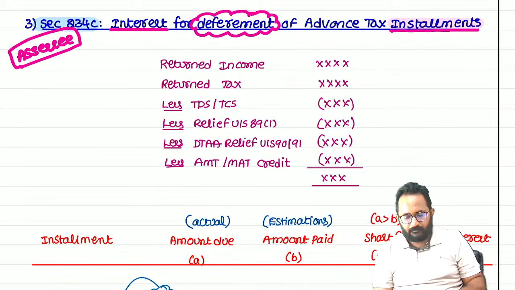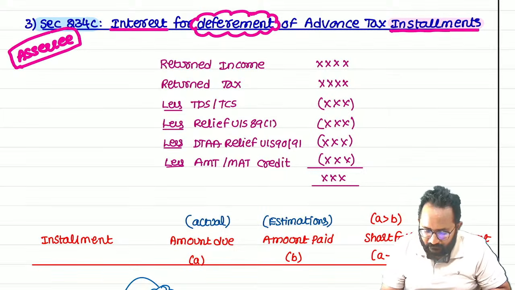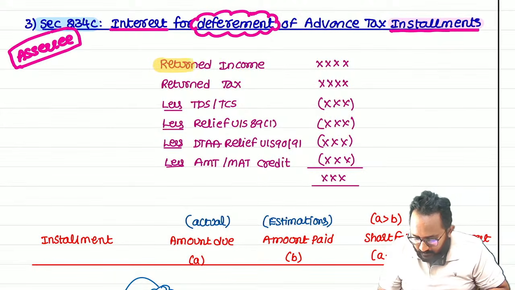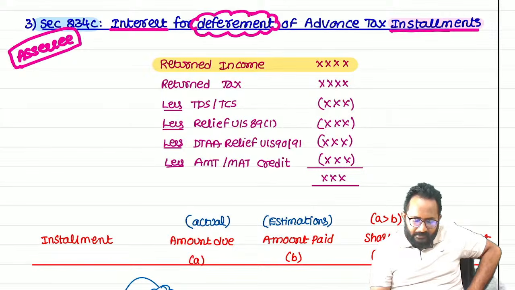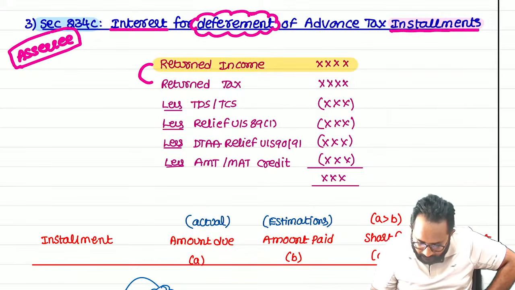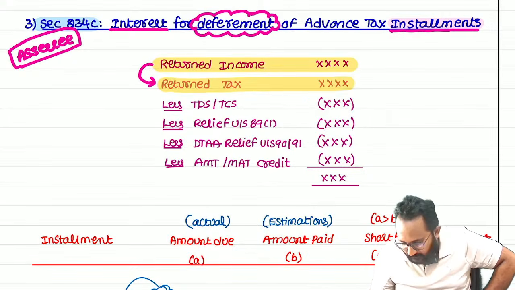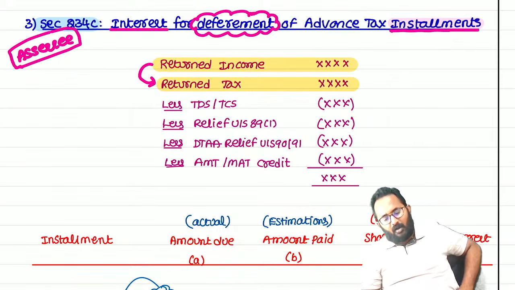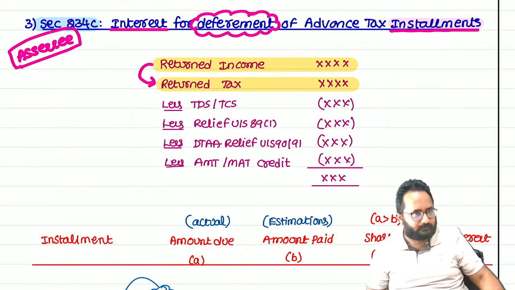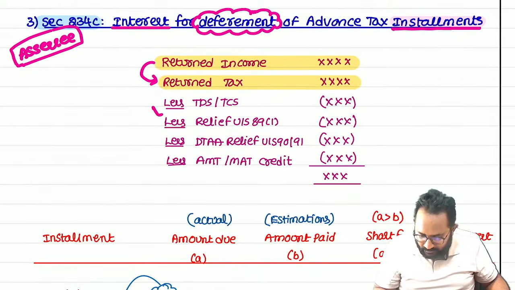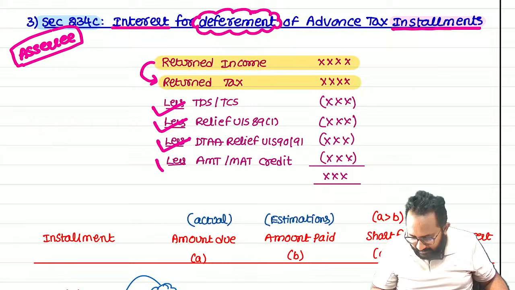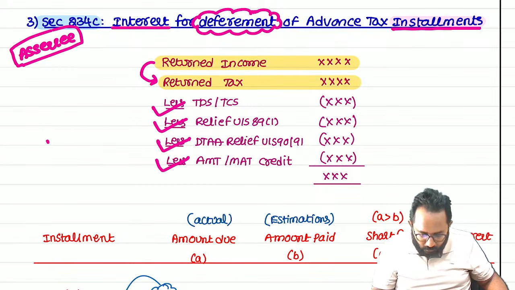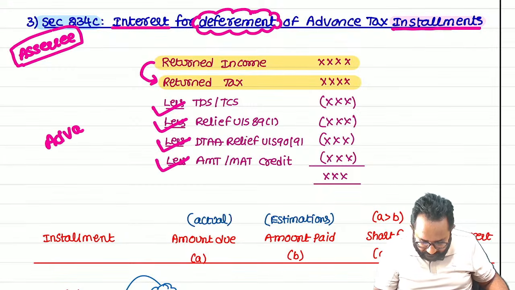Now take, Ra. Whatever return of income SSC filed, take the return he declared. On that return of income, please calculate the what, Ra? Tax. So in our language, we just call it the returned tax. Minus what, Ra? TDS, minus relief, minus DTAA, minus what, Ra? AMT credit. Don't reduce the advance tax. Don't reduce the advance tax.